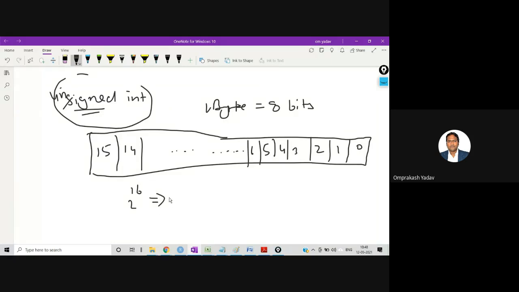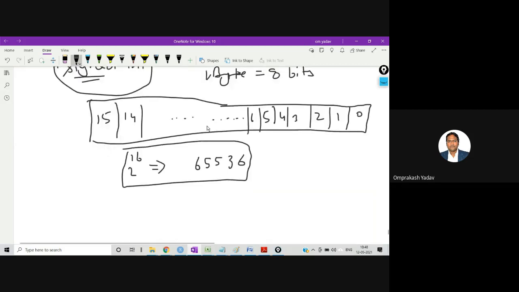So calculate 2 raised to 16. You will get 65536. Why have I done 2 raised to 16? Because this is unsigned int, so a total of 16 places will be available, because the last bit will not be reserved for sign purpose.